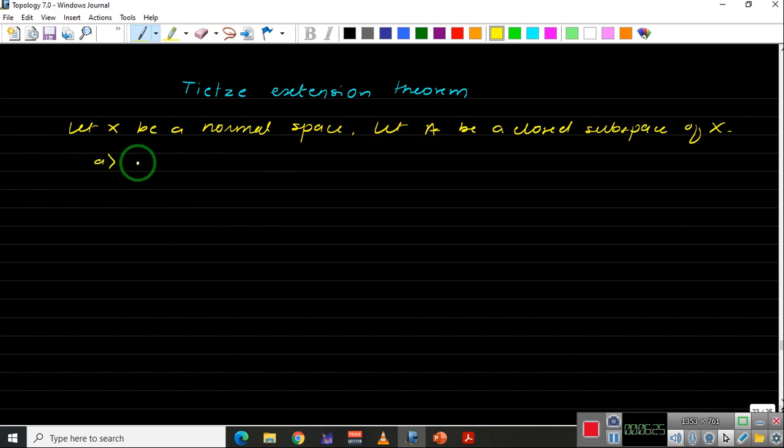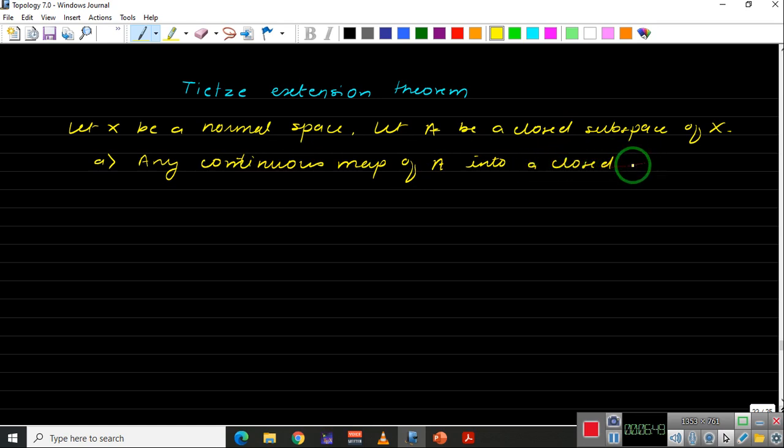In fact, we can make a generalized one. Any continuous function or continuous map of A into a closed interval, say [a, b] of R, the real line, may be extended